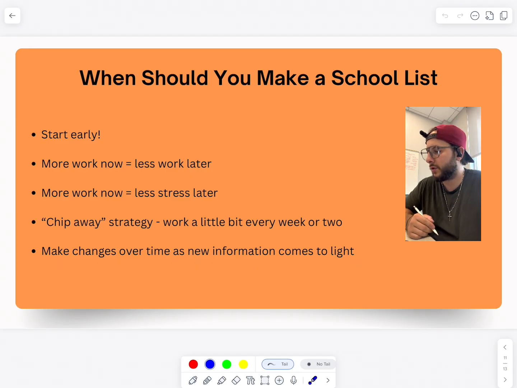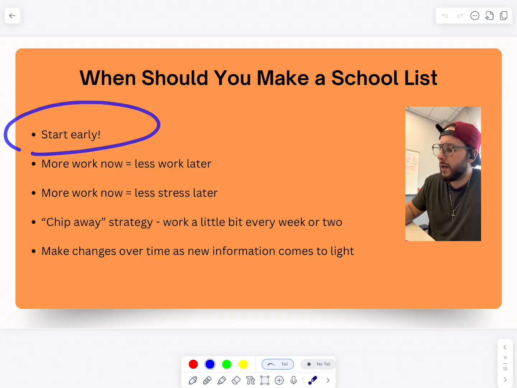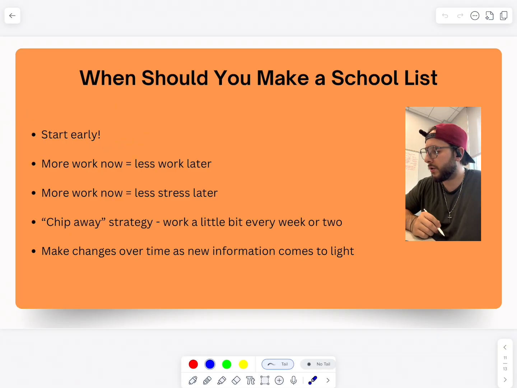You find out something about a school and you're like, I like that. I think that kind of moves them up on my list a little bit, if you will. Or, I'm not really a fan of that, so maybe I should take them off the list. This is all something you can do over the course of several years, actually. And so I encourage people, if you're a freshman or even a sophomore and you're thinking that you want to go to medical school, and you're actually very certain, I should say, that you want to go to medical school, start this process early, because it sure does help to have a lot of this stuff out of the way.